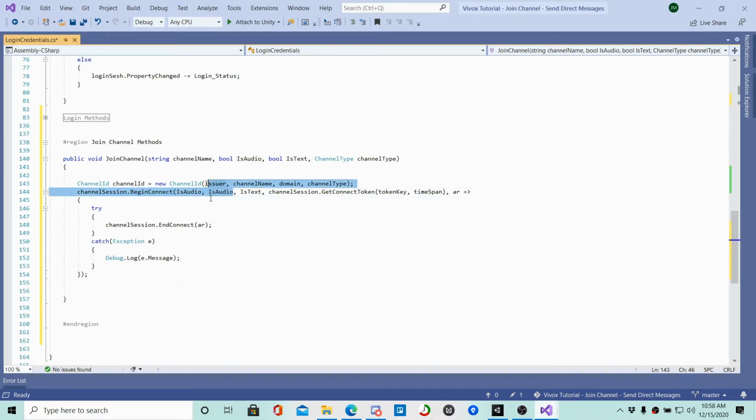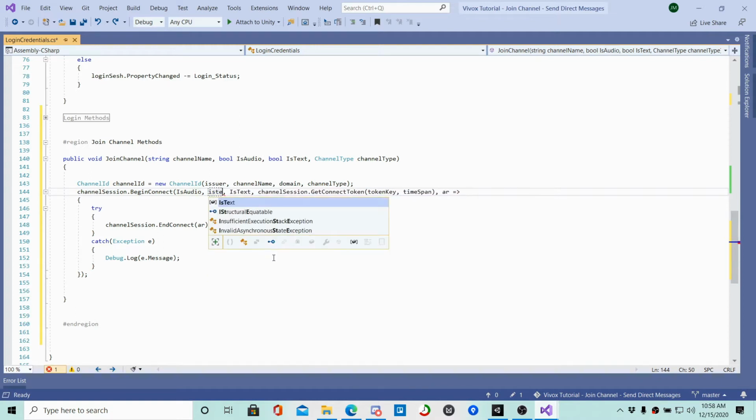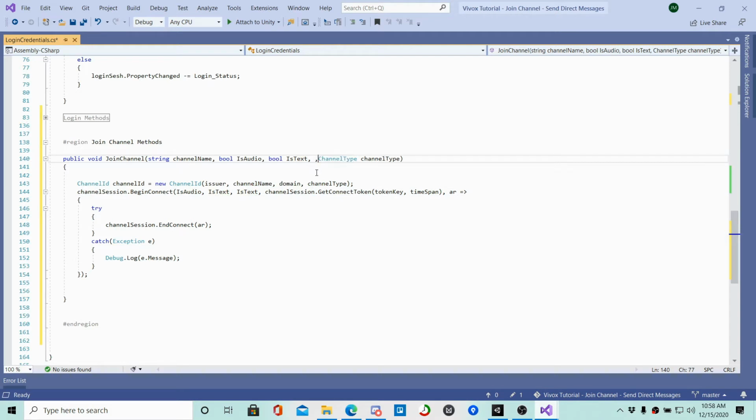This one will be is text. Is text, and then we can also pass in the switch transmission up here if you want. Bool switch transmission,